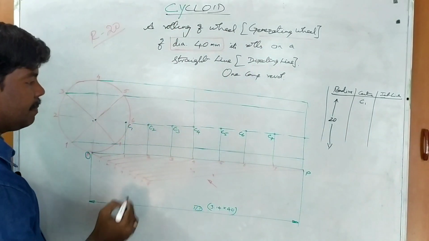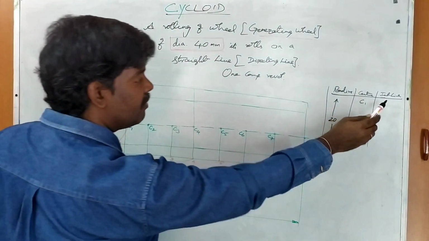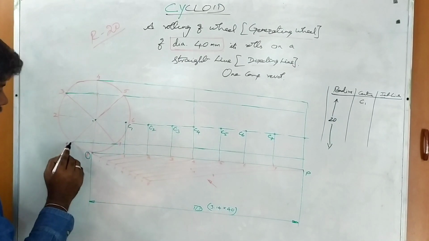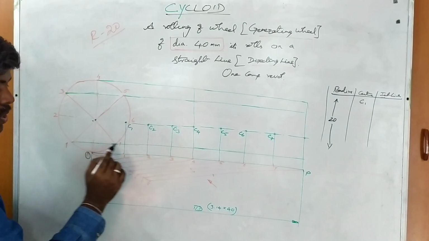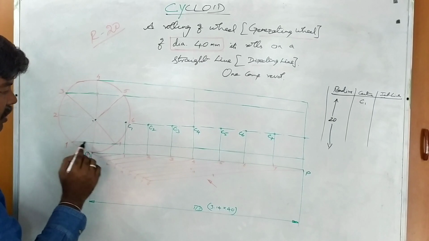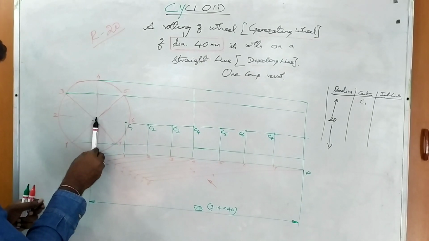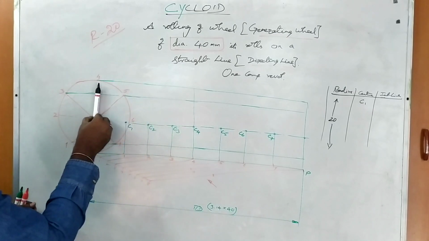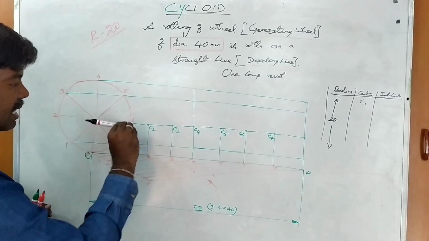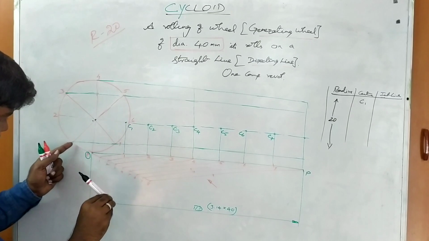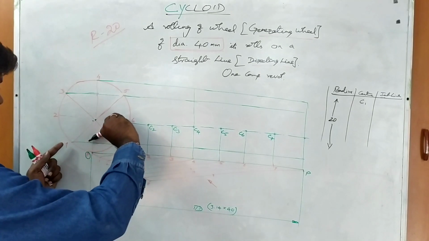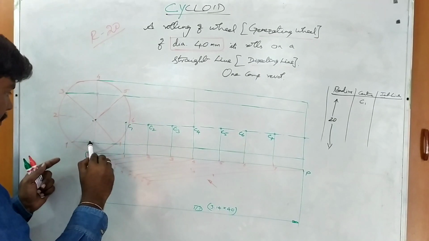C1 as the center. Where do you want to intersect that line? Which line do you want to intersect? Here in that circle, the number 1 projection is there. So that projection line you want to intersect. For example, this is the radius, the circle radius. So C1 as the center, intersect an arc on that number 1 line here, this one.